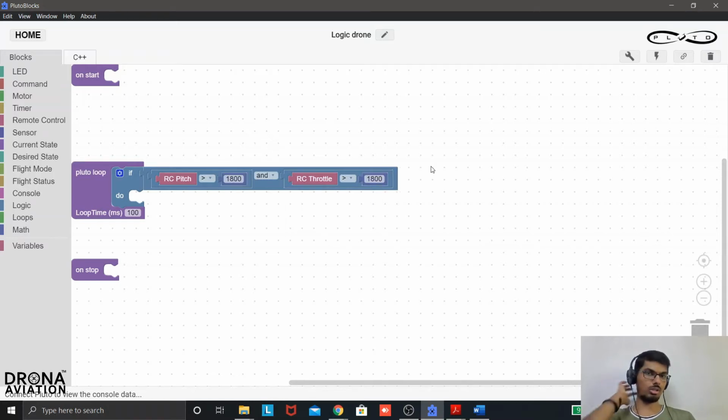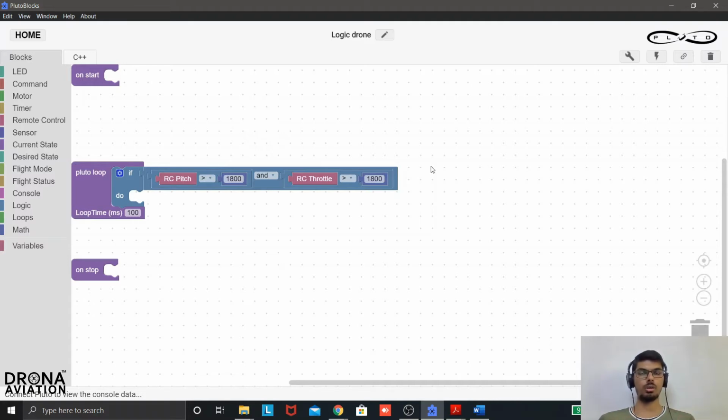So if you remember, the joysticks that we have in our app contain a range which is 1000 to 2000, and 1500 is the middle, the rest position. So when you go from 1500 to 2000, this range is when you are going upwards.